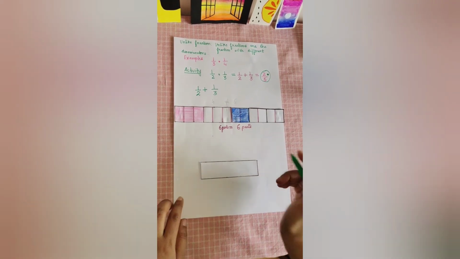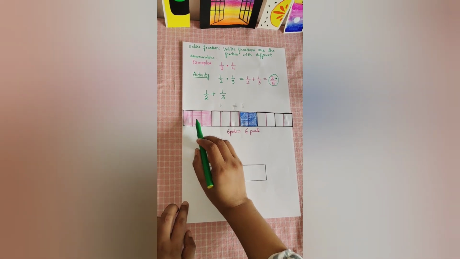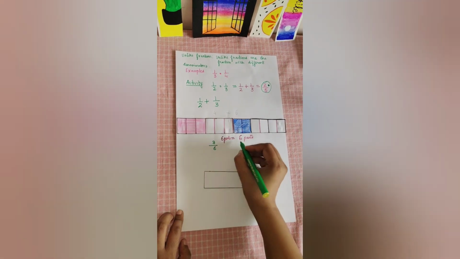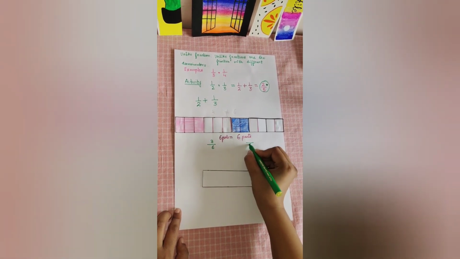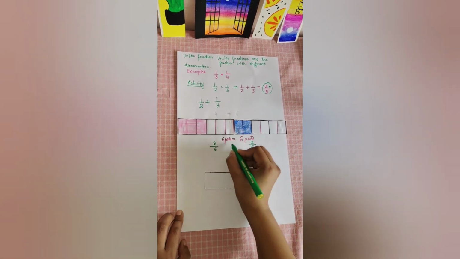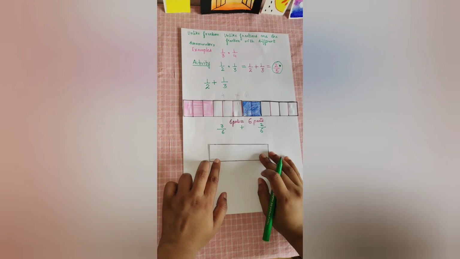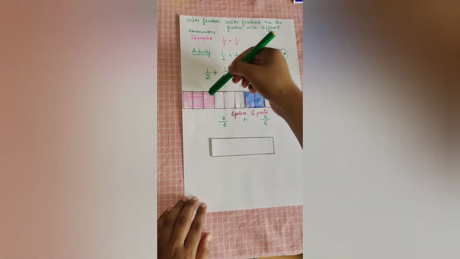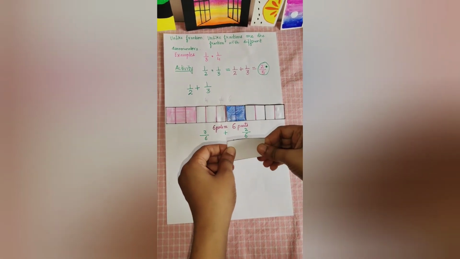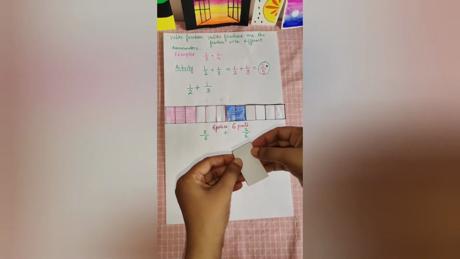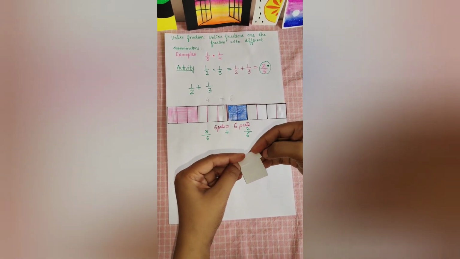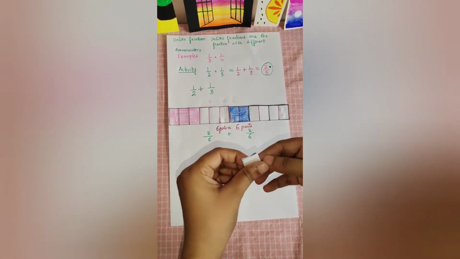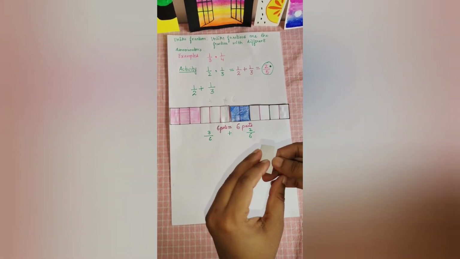Now children, write down the shaded part we have got. 1 2 3 out of 6 total, 3 by 6. Here we have 6 equal parts and out of that 2 are shaded. We are going to add them on this strip. We are going to show 6 equal parts and then we are going to add these shaded parts. This is the new strip. Now I am going to fold it into 2 parts. Then we are going to fold it into 3 equal parts. 1 2 and lastly 3. If you open it, you will find 6 equal parts.